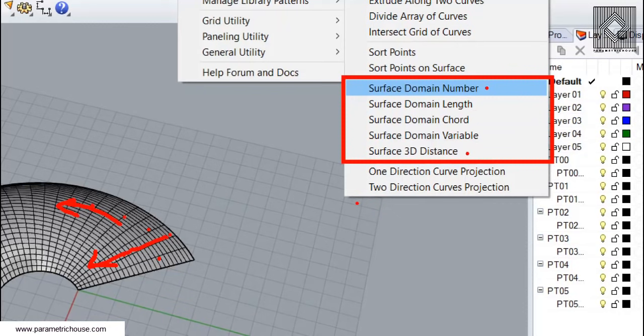This is also useful if you want to have panels which are exactly based on a distance. So if we define this maybe as 10, we will have a distance between 2 points which is exactly 10. Okay, so you can also use this surface 3D distance, and we will also use surface domain variable because we